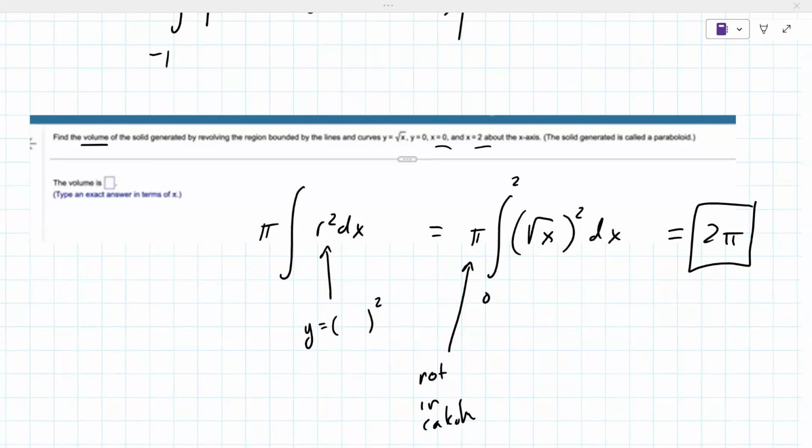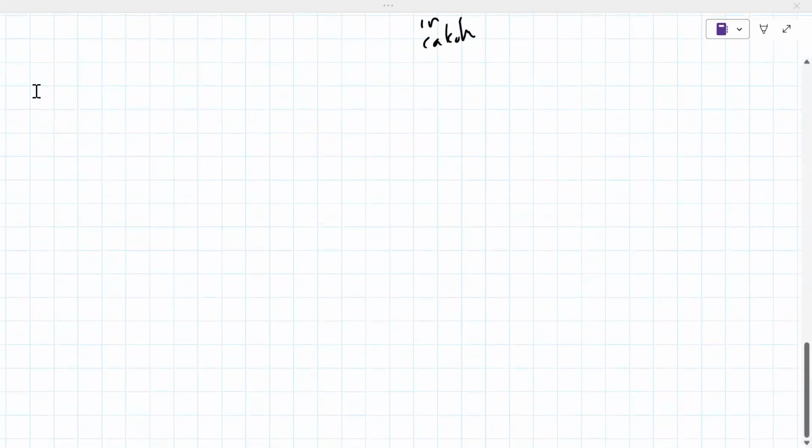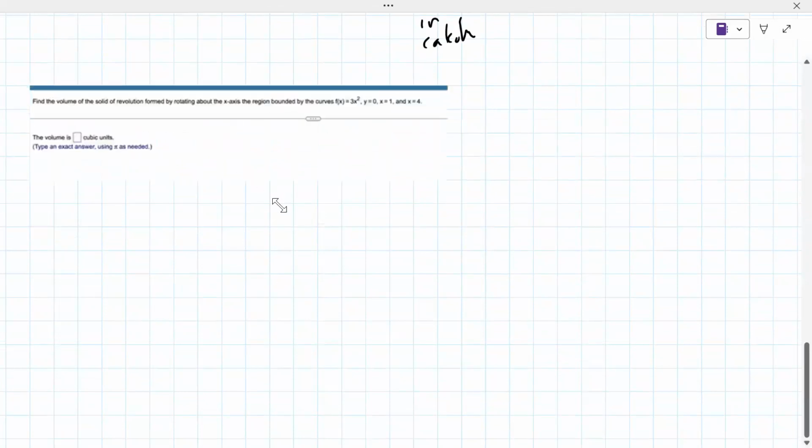All right, that was right. Okay. Next one is another volume, slightly more complicated,